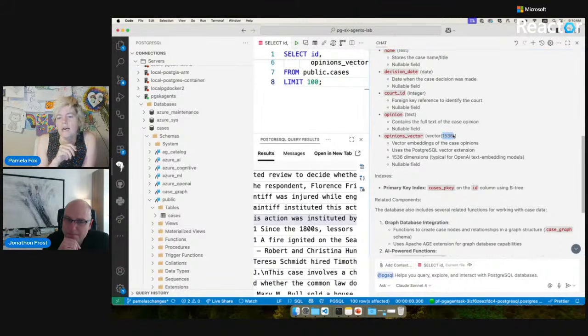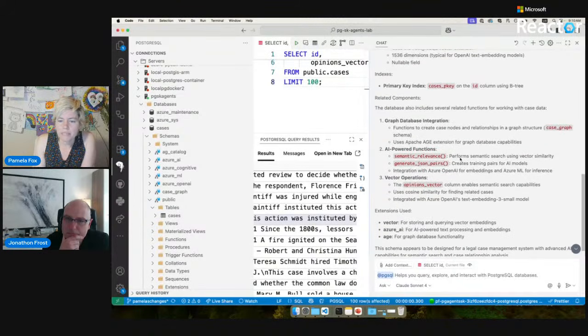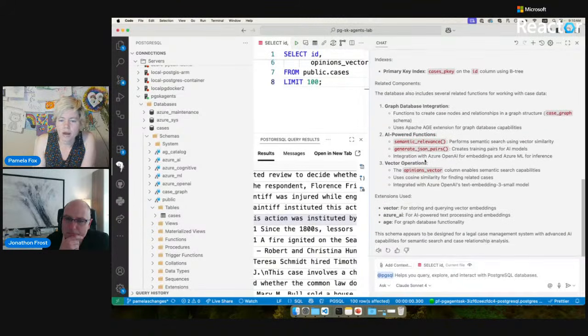That's the length of the embeddings generated by the model we're using. We're using the text-embedding-3-small model, and that outputs 1,536 dimensions. And it's even telling me what functions and operations I might want to use. It's saying, okay, you could use some cosine similarity on here. And these are all the extensions enabled. So it gave me quite a lot of information there. I could tell it, okay, let's summarize the 5 most recent cases.